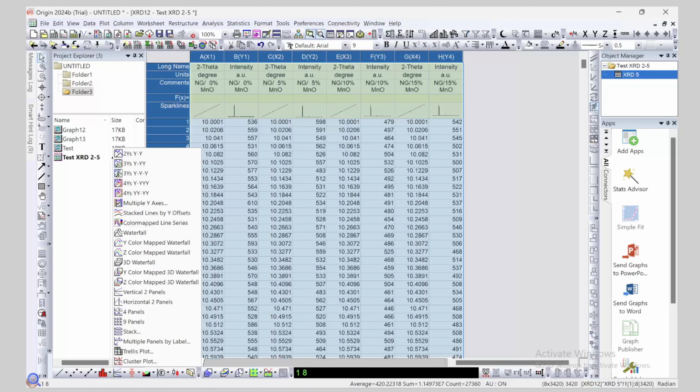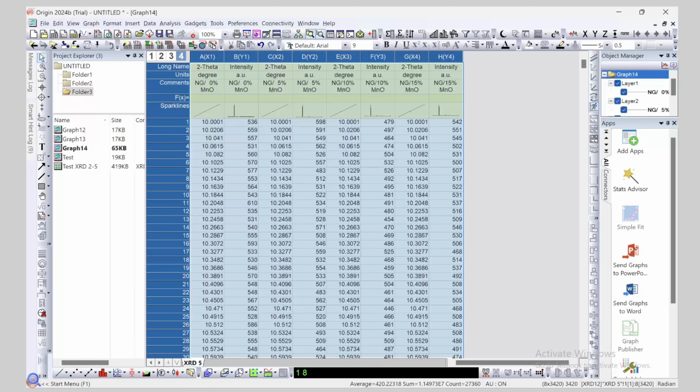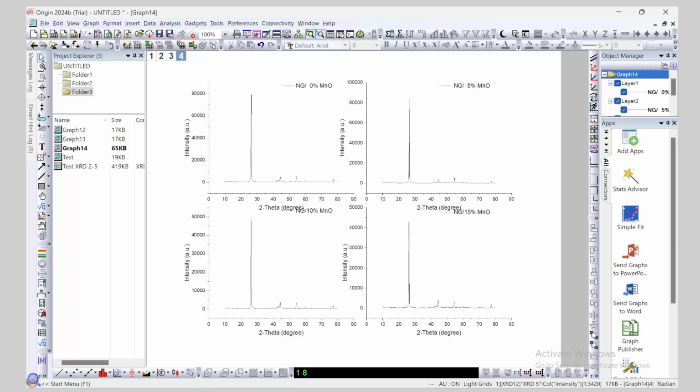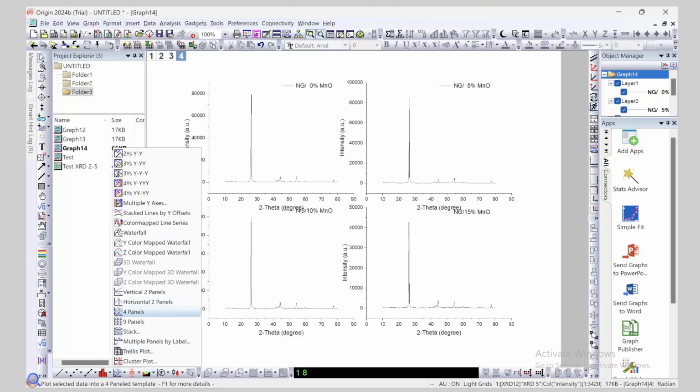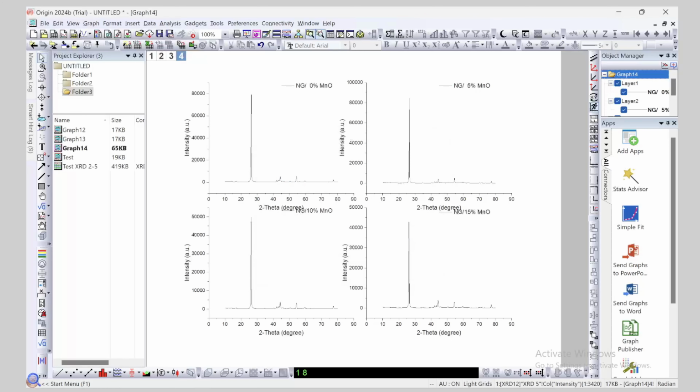Here we have got 4 data, so we have to go to 4 panel. And now we can do 4 panel. This 4 panel will plot each data independently. So this is the 4 panel diagram. And then I can also go to do stacked. So this is also stacking, but each will be different. So I'll have to go to the